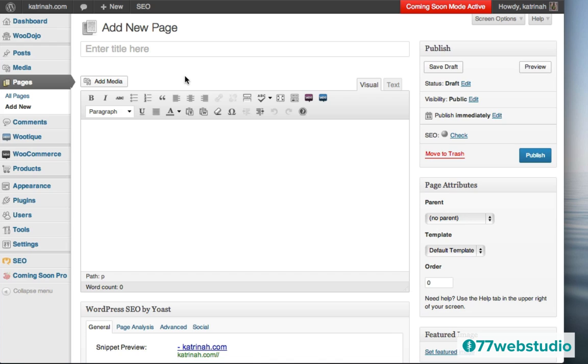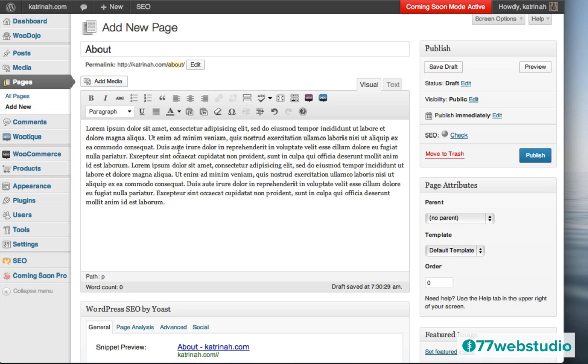And then on the Add New Page screen, I want to give the page a title. So this is going to be the About page, so I'll just write About right there. And then I want to add some content here about the About page, so I'll just paste in some content I just copied from another location. So here we have the title and the description. I also want to add an image right next to the text.